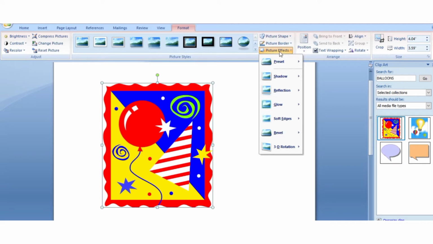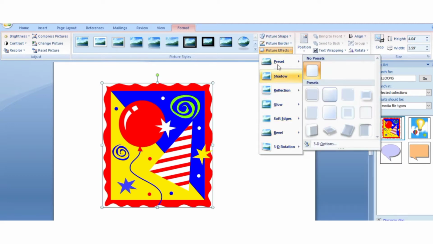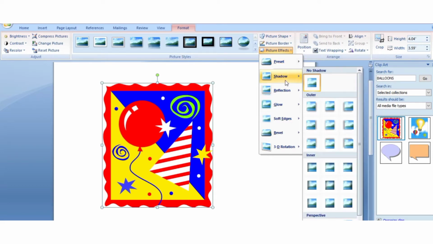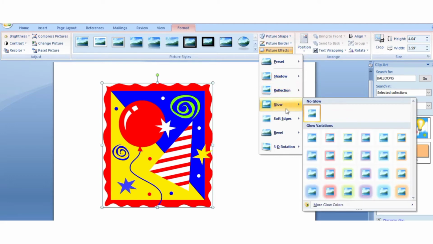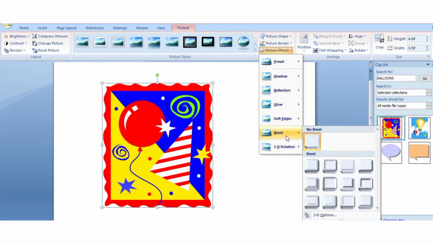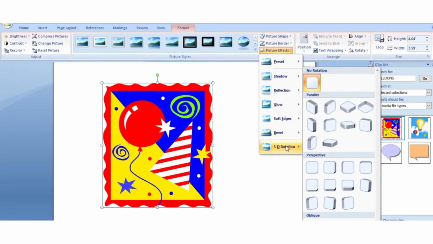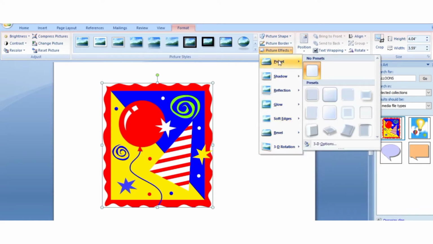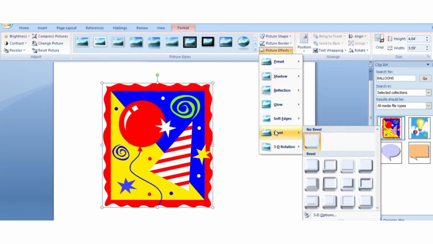Now when we click on this, we will get so many effect options here, like preset, shadow, reflection, glow, soft edge, bevel, 3D rotation. Now we want an artistic effect. So these all are artistic effects. If you want to add some different effects, you can use them.